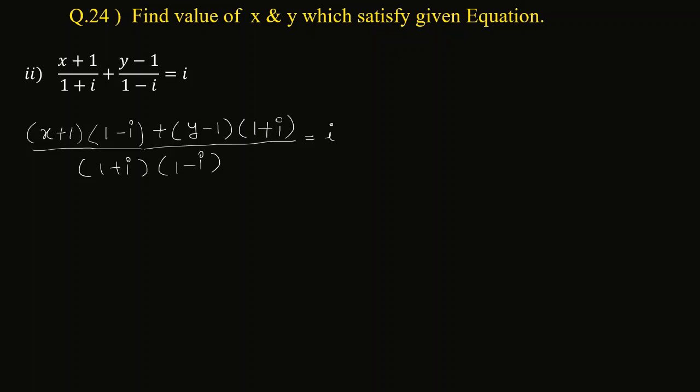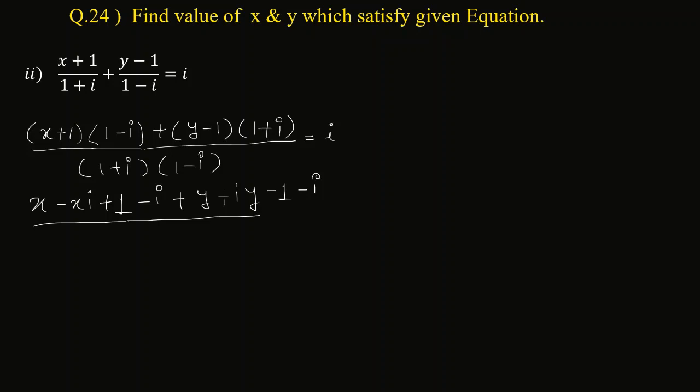In the numerator we will multiply the two brackets. So multiply x with 1 gives you x, minus xi, plus 1. Then the next one is minus i. Then moving further, multiplying the brackets, we get y plus iy minus 1 and minus i, whole divided by,